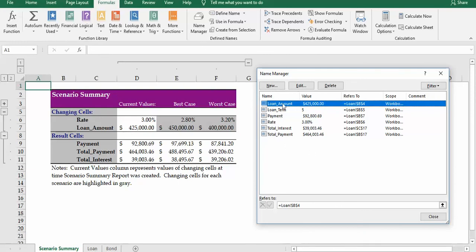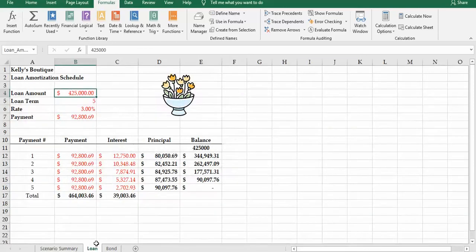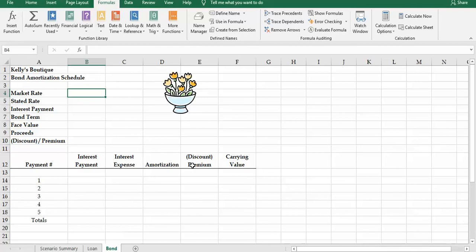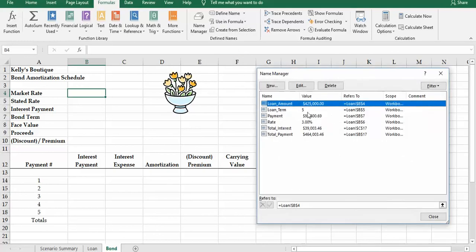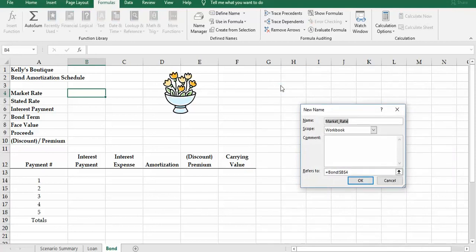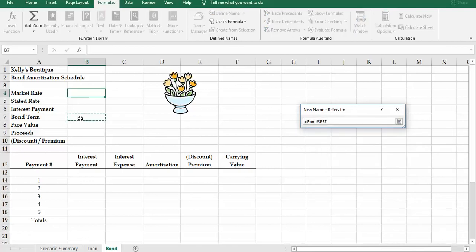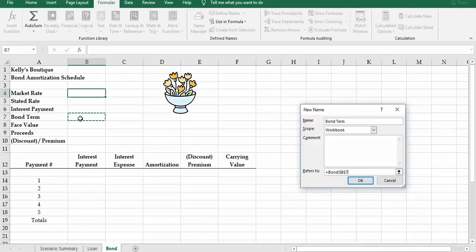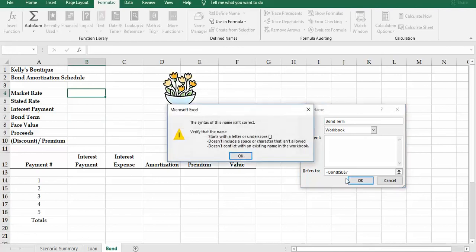So for example, if you wanted to add a new name for something, if you go to bonds, if you wanted to add a new name for an area, you go to name. You could define names. If you follow the text, it tells you different ways you can do it, but one quick way is to do a new name. Let's call it bond term, and then refers to this cell, right? So that would be the bond term, and if you have comments or whatever,